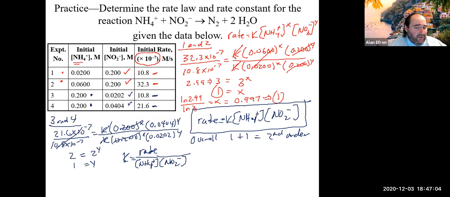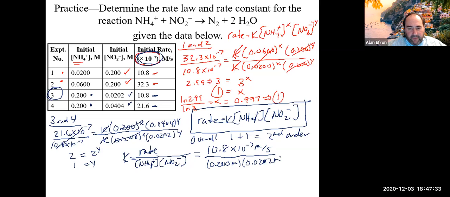Again, you could choose any one you want. So just to mix it up, why don't we go with number 3? We'll choose, and we'll put in our number. And this is where you would get the wrong answer if you ignored this earlier. So this should be 10 to the minus 10.8 times 10 to the minus 7 molar seconds divided by 0.2 molar and 0.0202 molar. And that will get us